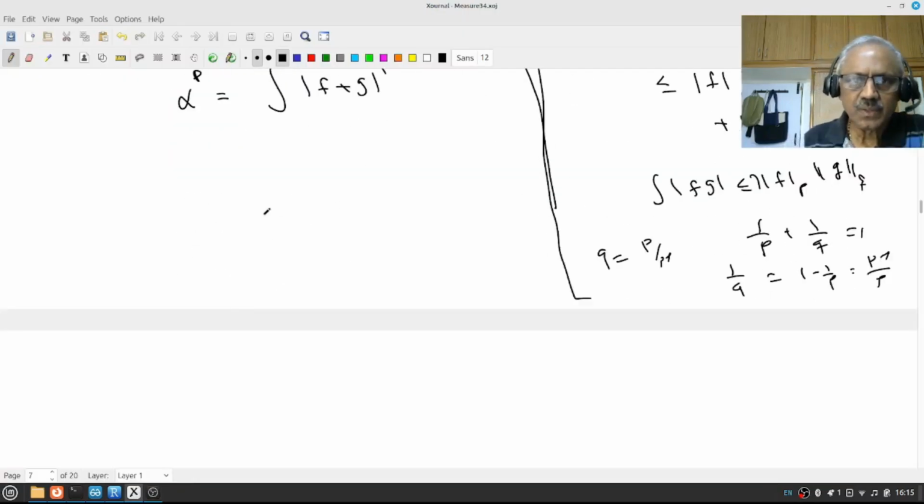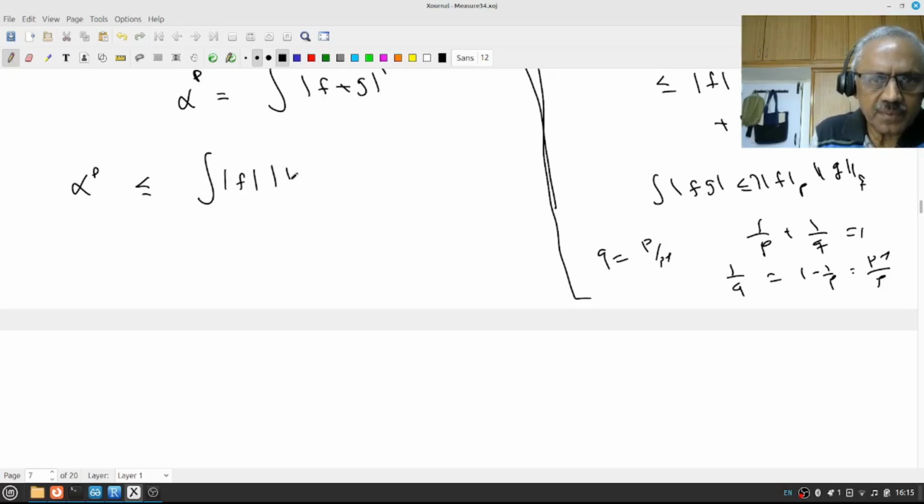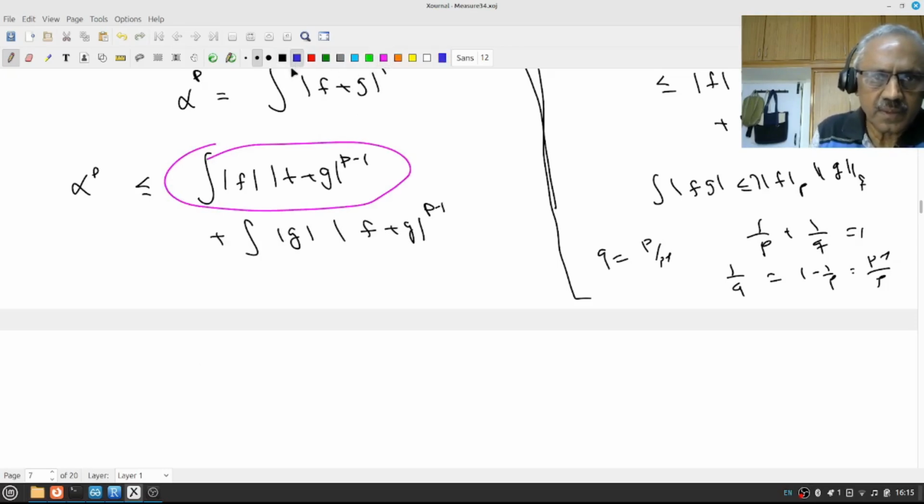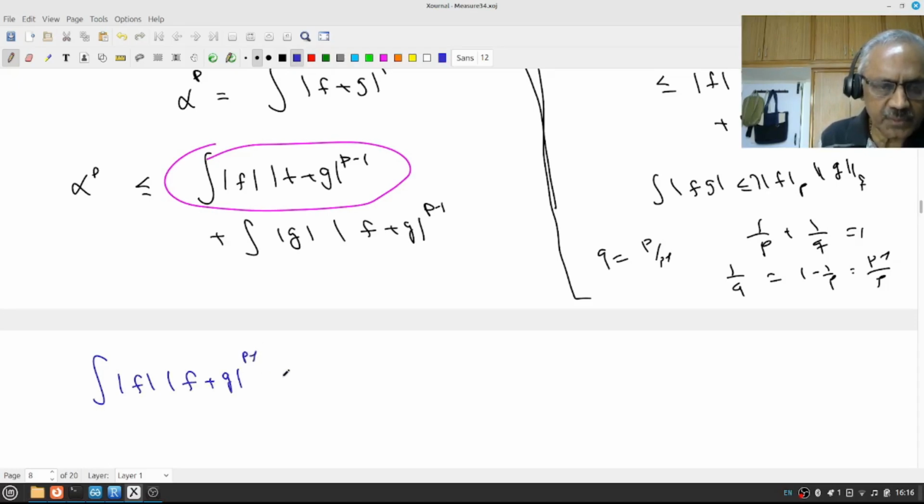Therefore, alpha to the power p is less than or equal to the integral of mod f into mod f plus g to the power p minus 1 plus the integral of mod g into mod f plus g to the power p minus 1. So, I want to look at each one of them. Okay. So, let us look at the integral of mod f into mod f plus g to the power p minus 1. This is, by Holder's inequality,